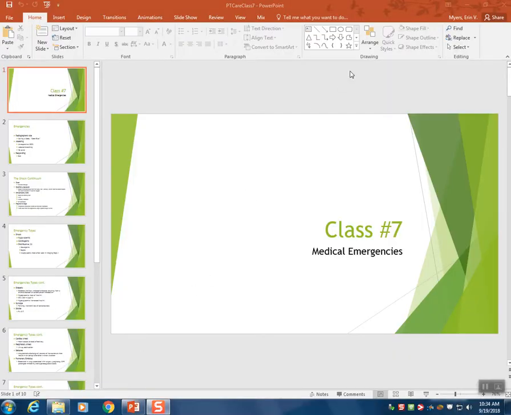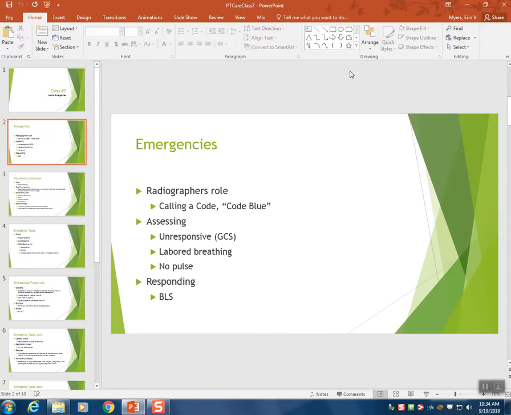So today's class is on medical emergencies. Within emergencies, a radiographer's role, even though we're not permitted to necessarily give assessments on patients,